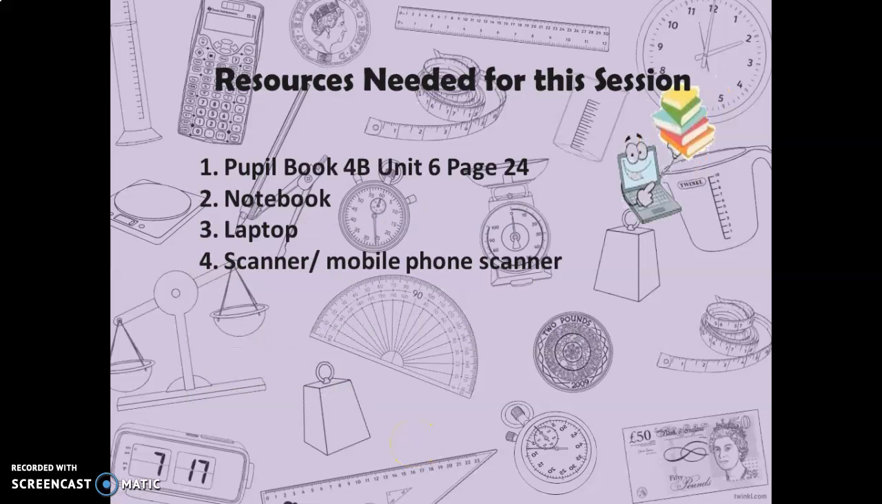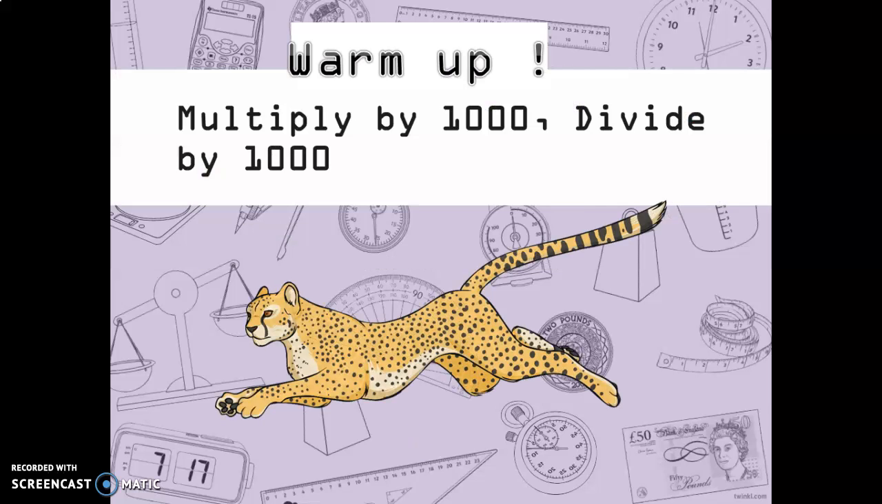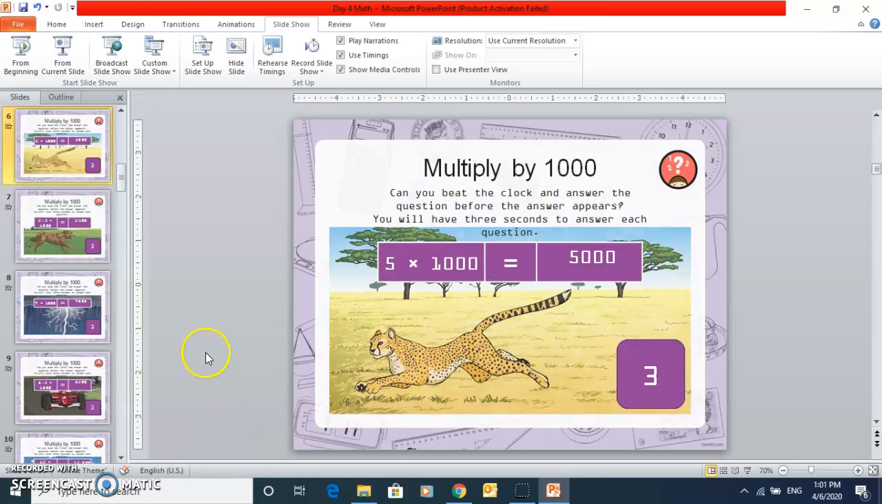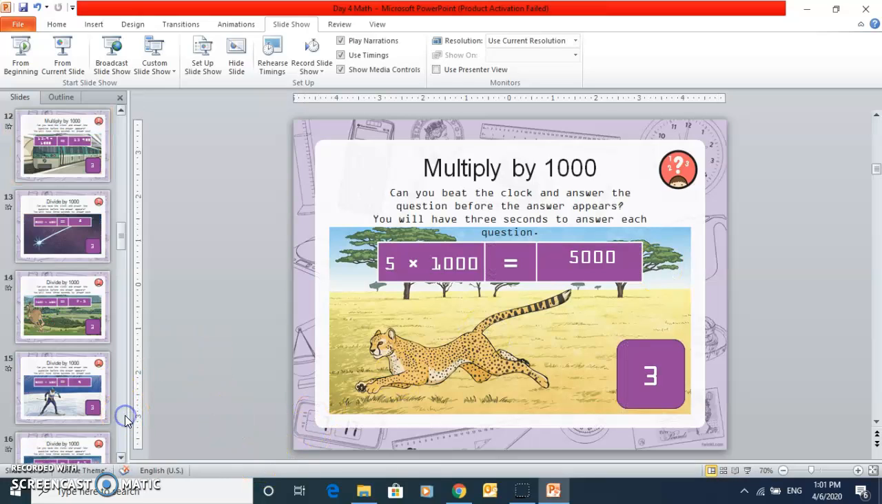These are the resources needed for this session. And here is your warm-up. You're going to have to multiply by 1,000 and divide by 1,000. You have got 3 seconds in every slide before the answer appears. This is very important for today's lesson, as it's totally based on what we're doing next. So I'll let you do that at your own pace. And let's start